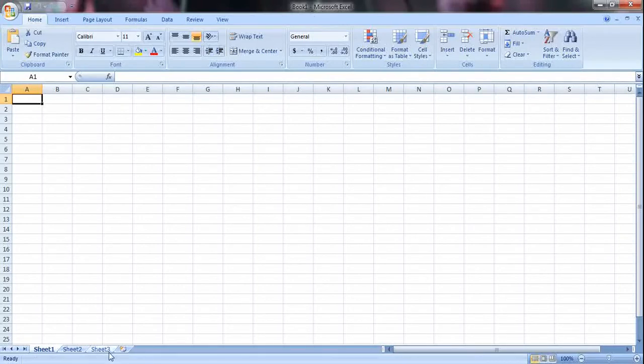Now let us learn what are the different components of a workbook. So coming to the components of the workbook, the very first component of the workbook you see here at the top is this. This is called a quick access toolbar. So on the quick access toolbar, you will have the commands which you will use very frequently.